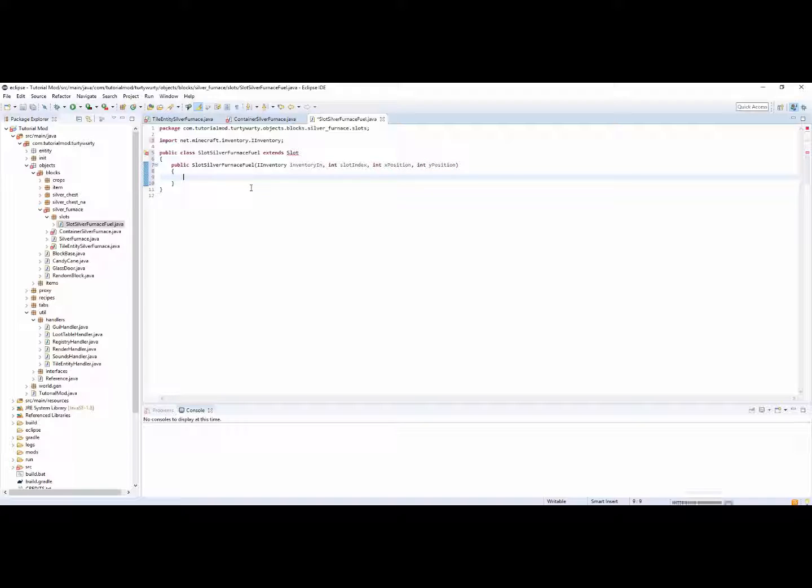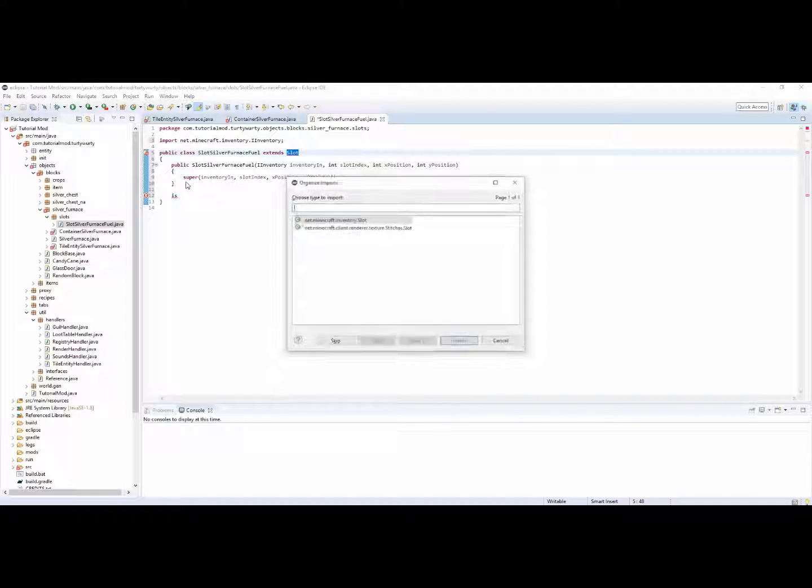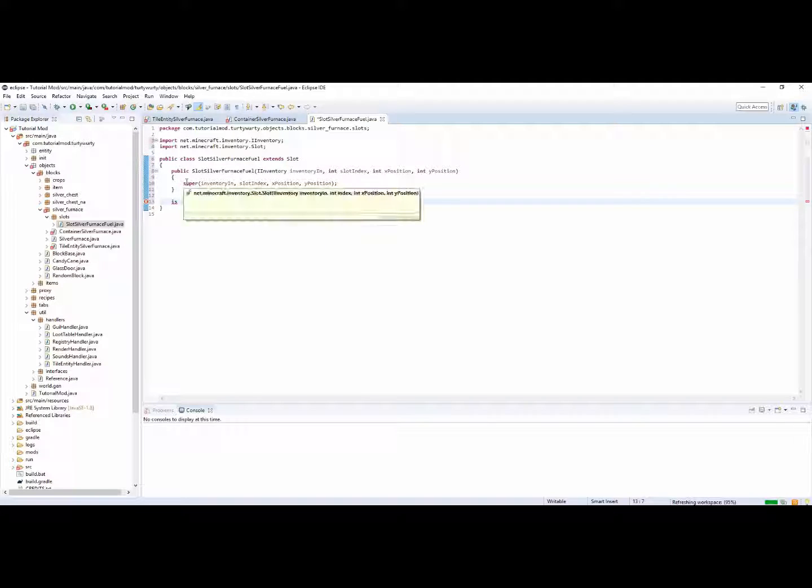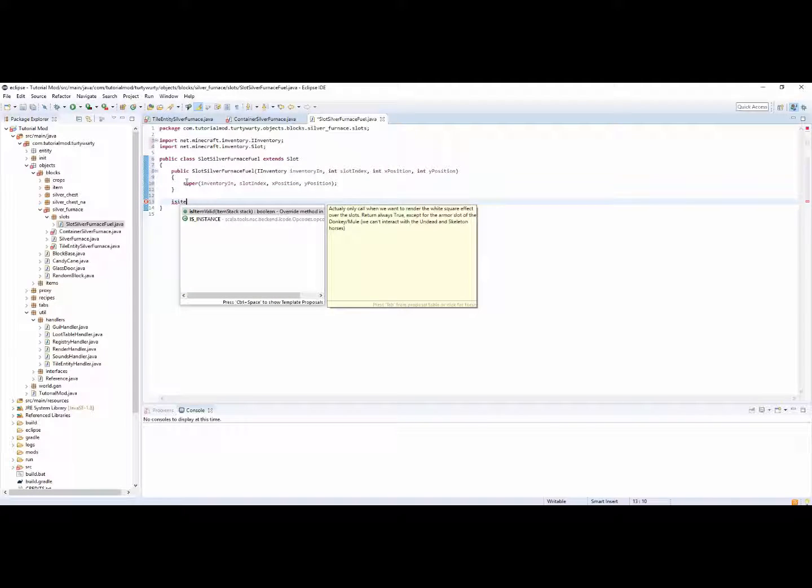And then in here we need to super off of this. So super off of inventory in, slotIndex, xPosition, yPosition, just like that. Then we need to do isItemValid. Let's just import Slot, net.minecraft.slot.Slot, and then we can do isItemValid,